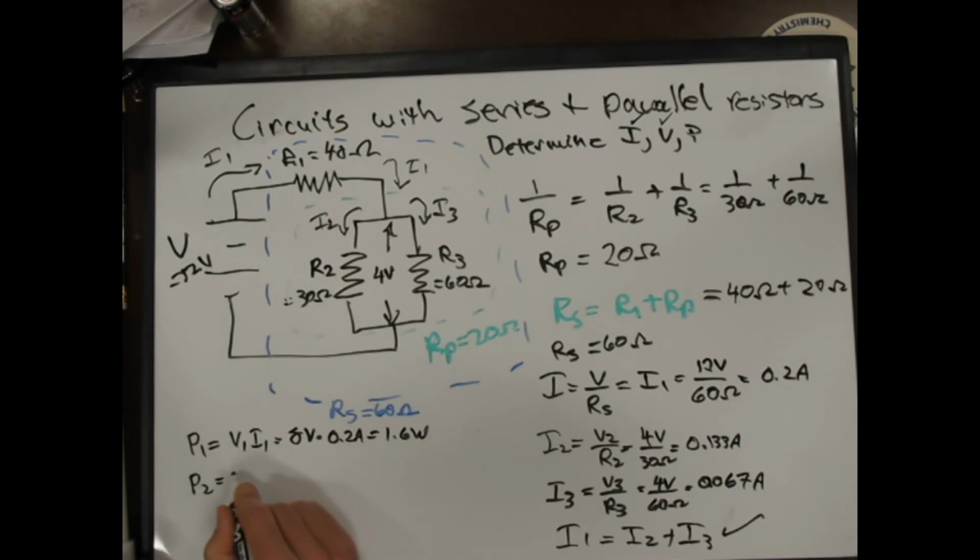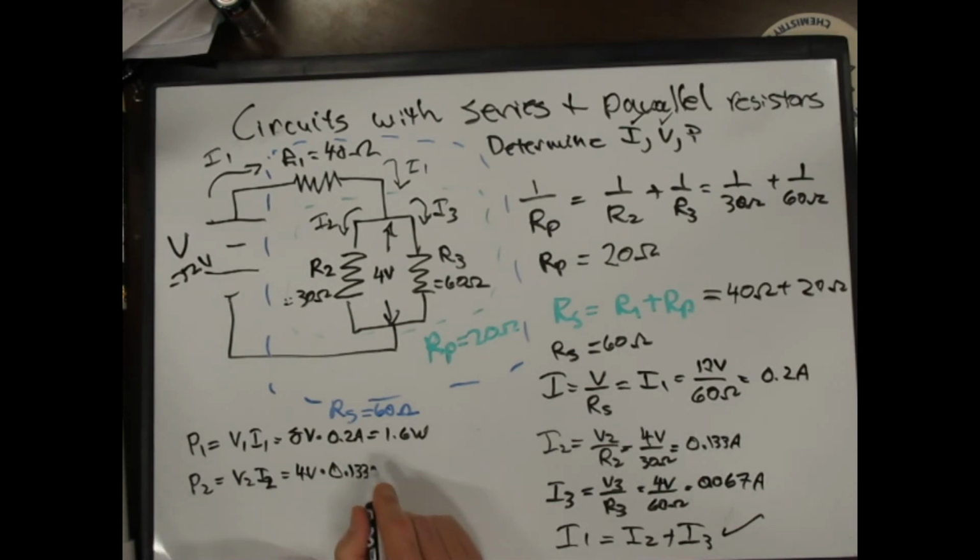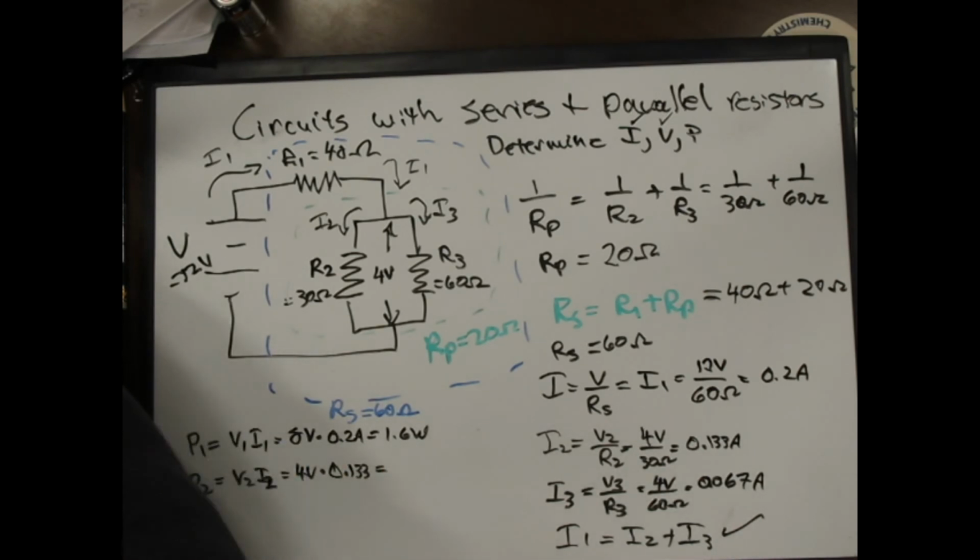P2 is equal to V2 times I2, which is 4 volts times 0.133 amps,